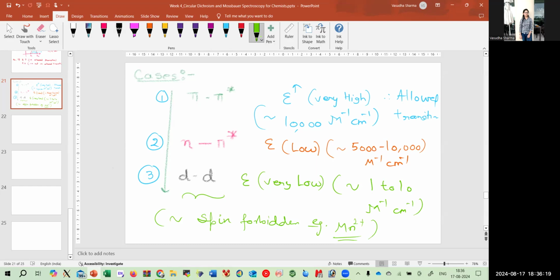Therefore, depending on the epsilon value, you will know how the transition from the ground state electron to the excited state would happen. The higher the epsilon value, the higher the oscillatory function, and therefore more probability for the electric field to interact with the electron density distribution. So now moving ahead,